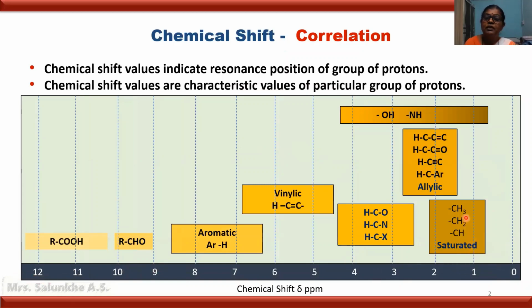When a proton is present on a saturated carbon, that is, groups like methyl, methylene or methine, in that case chemical shift values are between about 0.8 to 2.1 delta. That is, protons present on an sp3 hybridized carbon atom. For allylic protons, the chemical shift range is about 1.3 to 2.7 delta. That is, in that case, the proton is present on a carbon which is further attached to an aromatic ring.